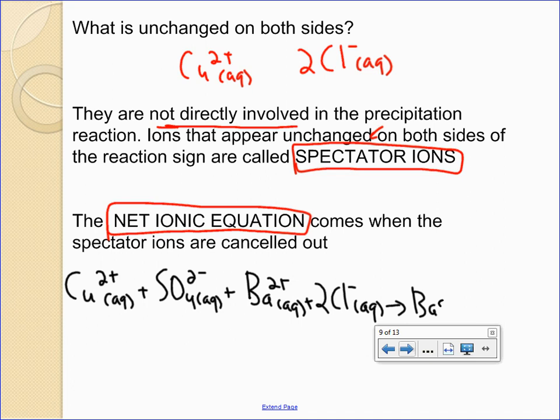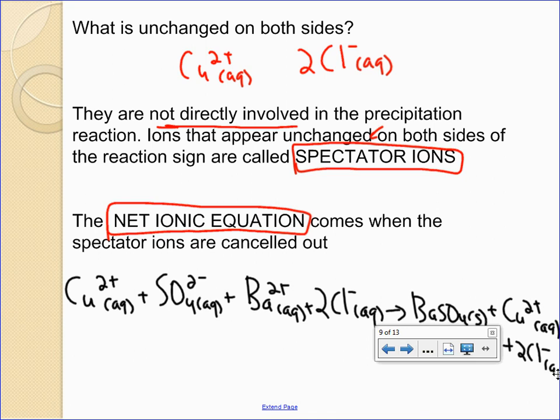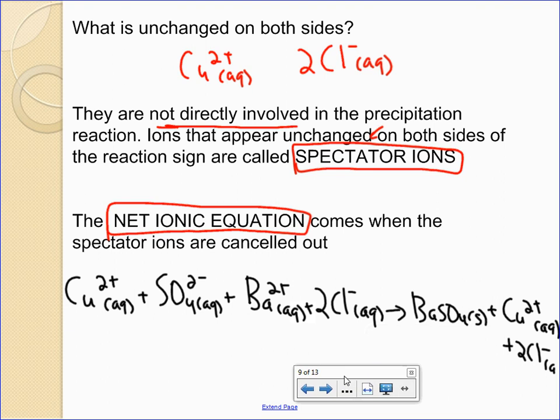This reacted to give us our barium sulfate, which was our precipitate, plus our copper ions and our chlorine ions as well. So now we've identified those spectator ions as being copper and chlorine because they are the same on both sides of the reaction. If we cancel them out because they are the same, cross them out,